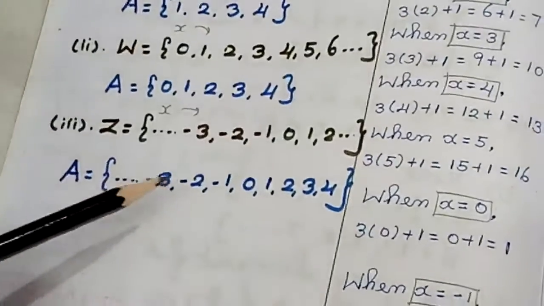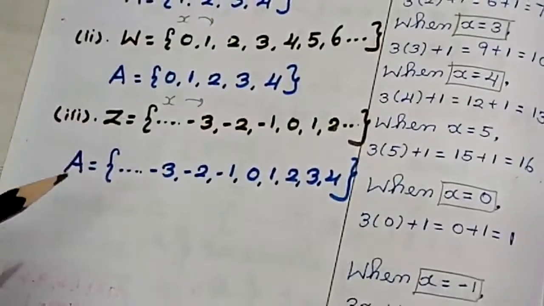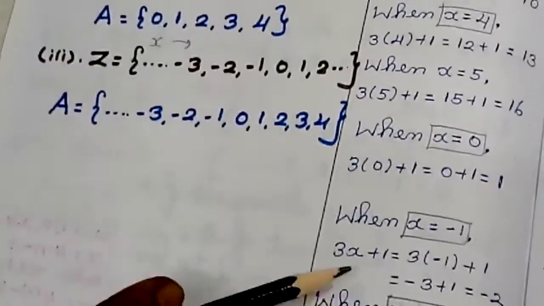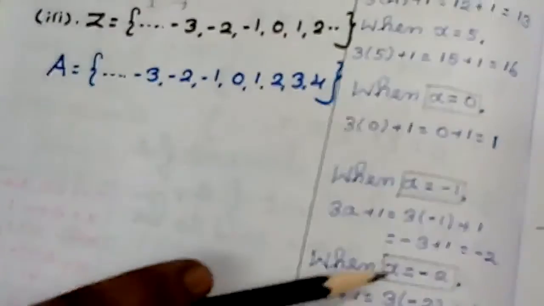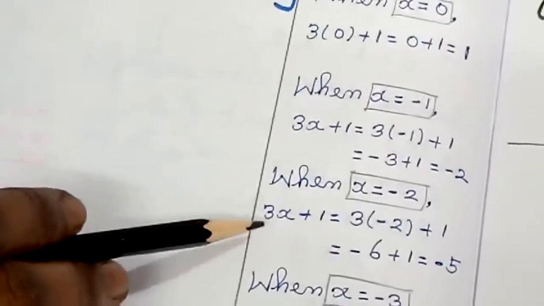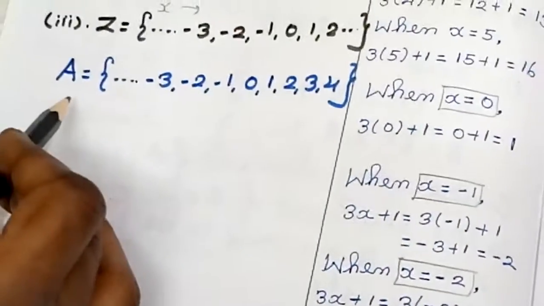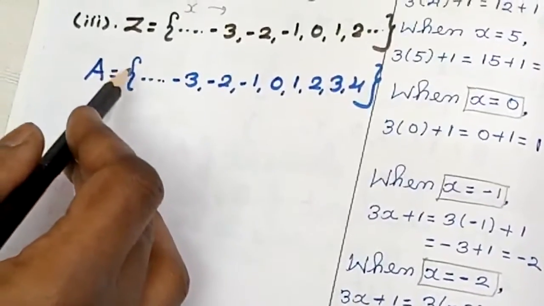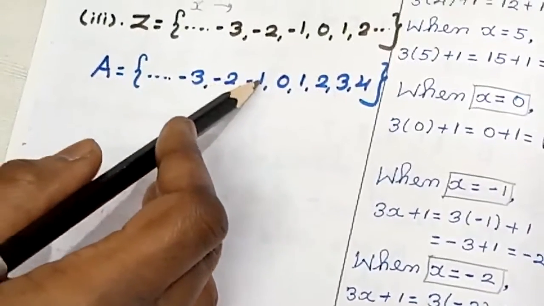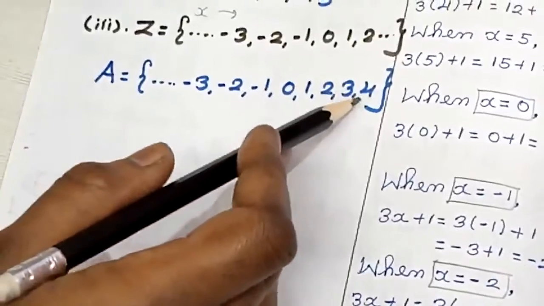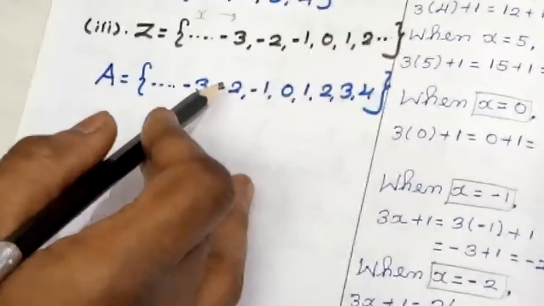Coming to the integers, the speciality of integers is, whenever I give negative values, I will get only negative answers. The negative answers are always going to be less than 15. So all the negative values are accepted in this particular range, that is A equal to etc., minus 3, minus 2, minus 1. I will be stopping at plus 4. So this is the concept of the sum.